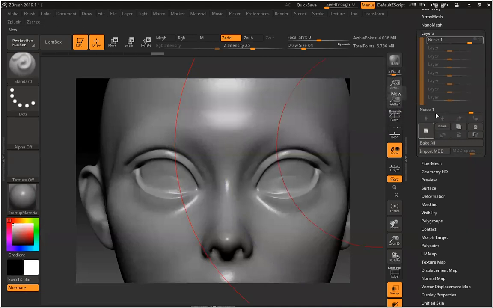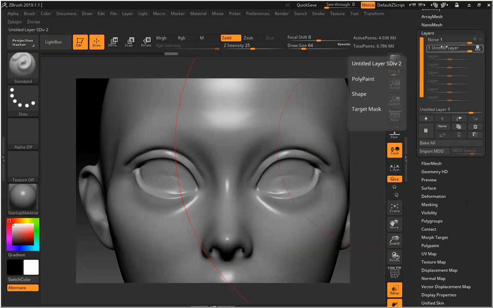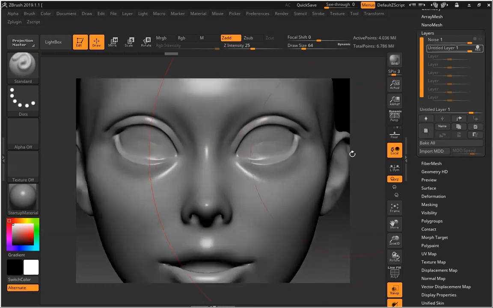Then I can have one more layer. This is for skin detail. That noise was just to make the generic noise throughout the skin. Now I can add region specific details like the cheeks, nose, and all those areas. I'm just showing this so that you know the pipeline, how we add details.